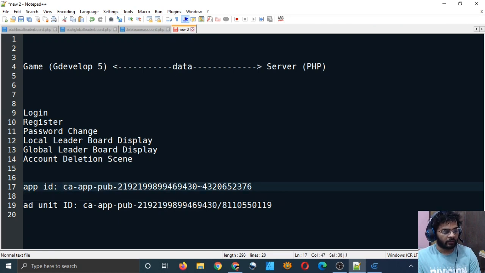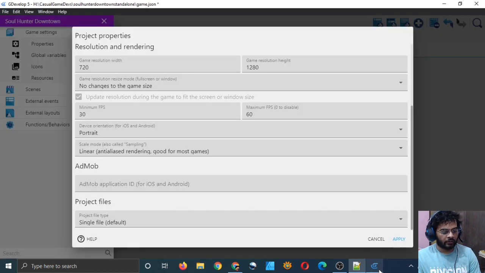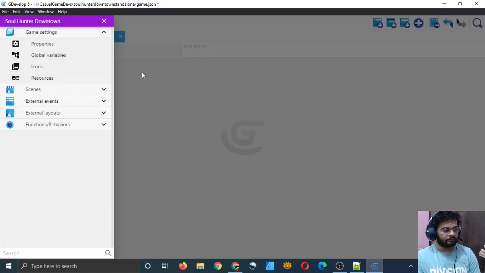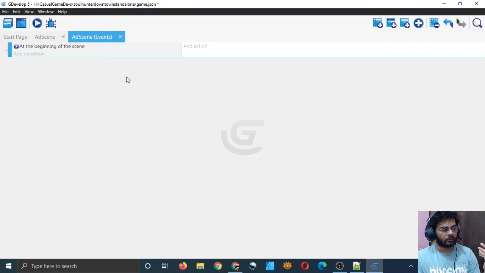I will just simply copy this and paste it in my space, this. So now my app will be able to communicate with Google AdMob server and authenticate itself using this ID. So I will click on apply. Cool. So that's good. And this is our ad scene.